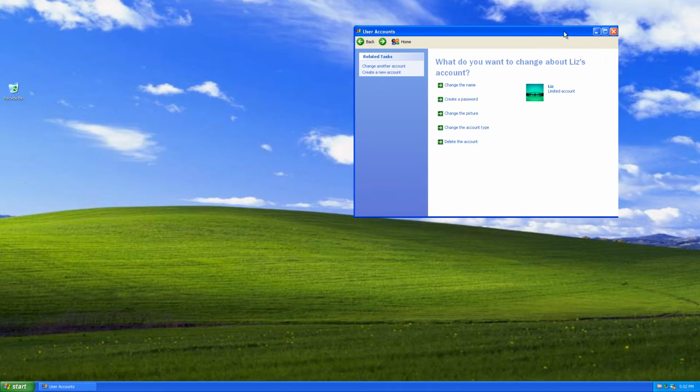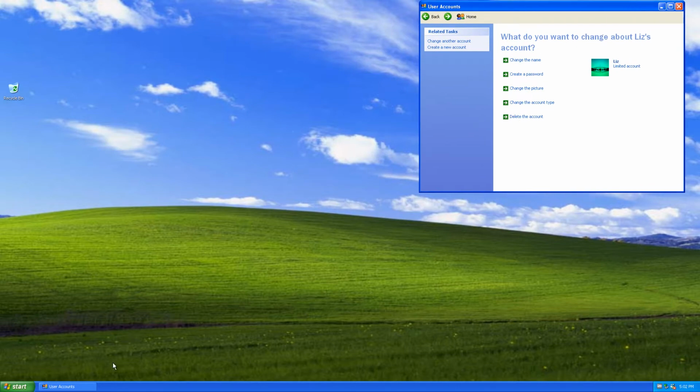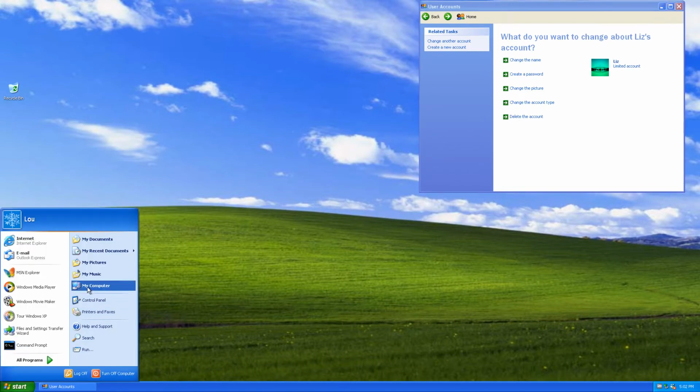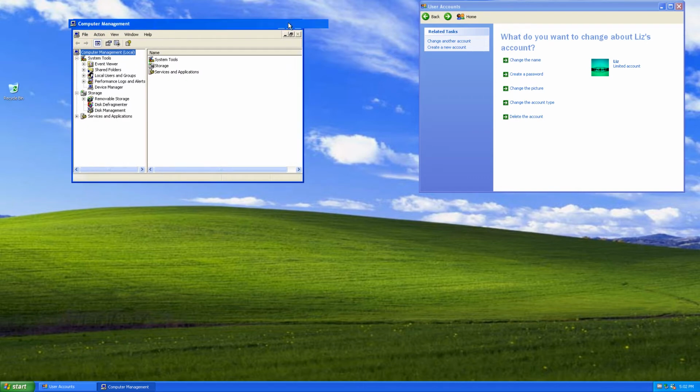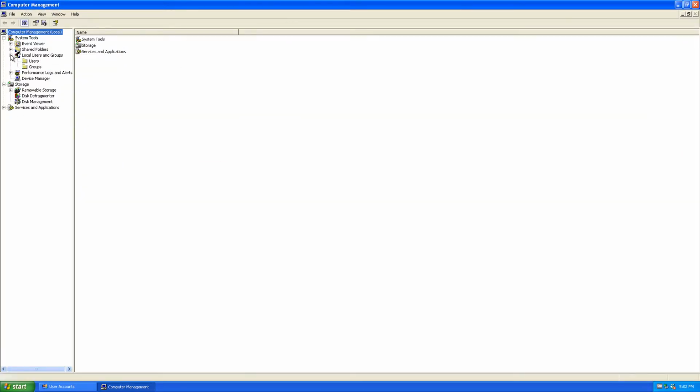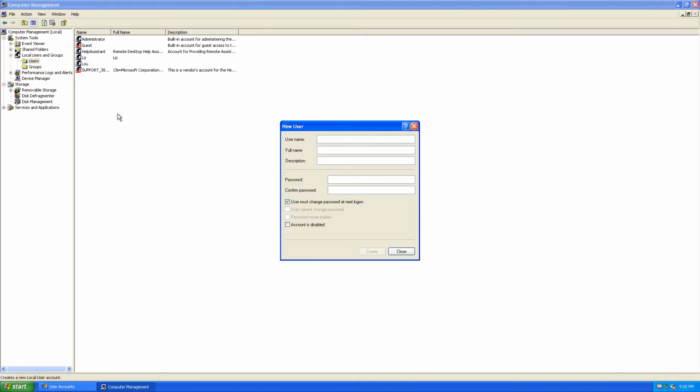Another way of doing this, I'm just going to put this over here to the side, is going to Start, right click on my computer, go to Manage, and then here, I'll make this bigger. We can go to Users and Groups. Here, you can see Liz is here, so we're going to right click and add new user. So here you can put a little more information. You can do a little more advanced settings here. So let's make a user called Tom. Let's say Tom Smith